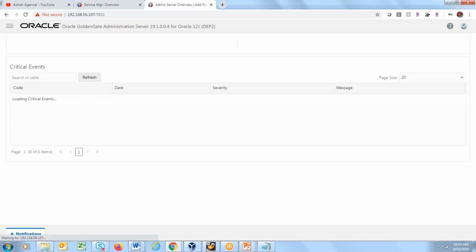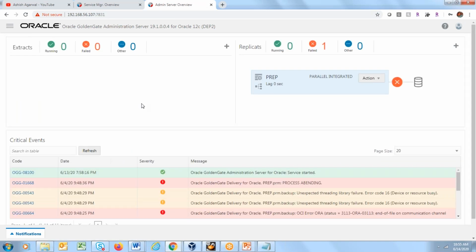Okay, before I move to the next topic, the different types of architectures and the different types of extracts and replicats, I hope that part is clear, right? A lot of questions I received prior to the session were, is integrated no longer there? Integrated is still there, but that is a type of extract and replicat.